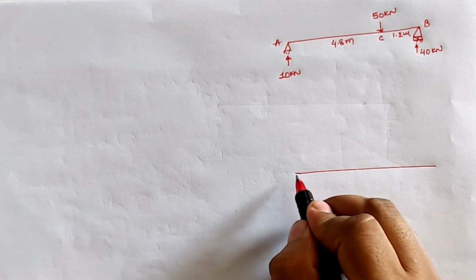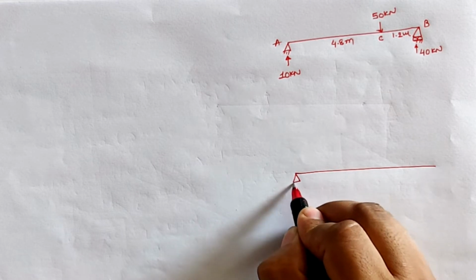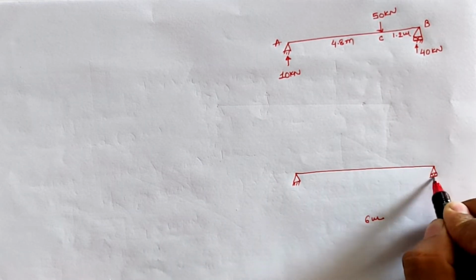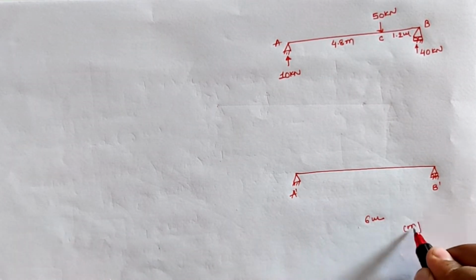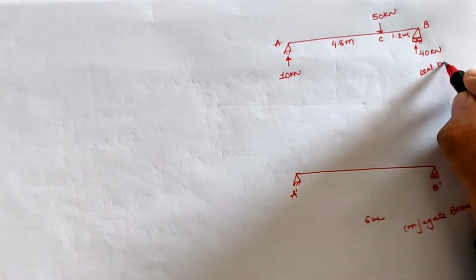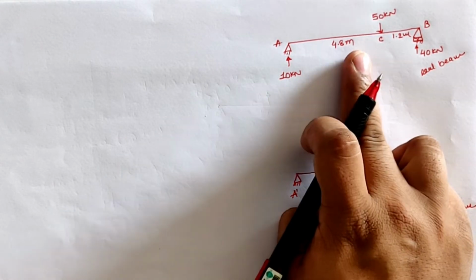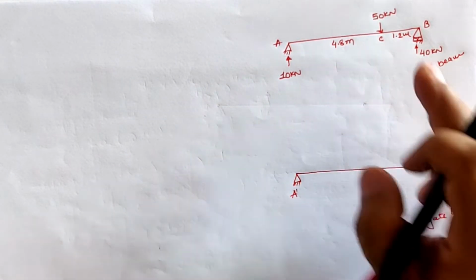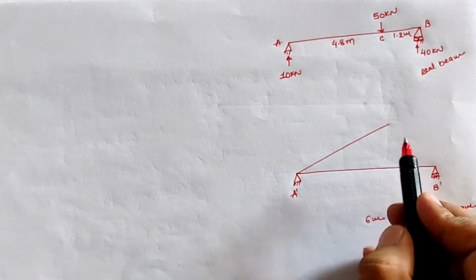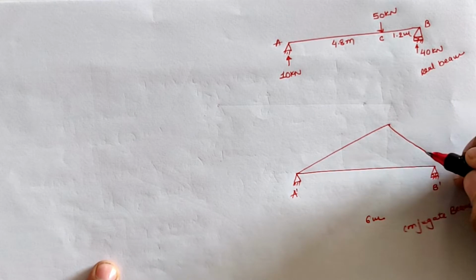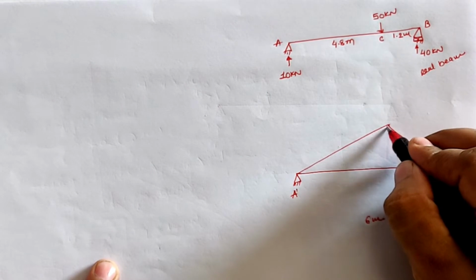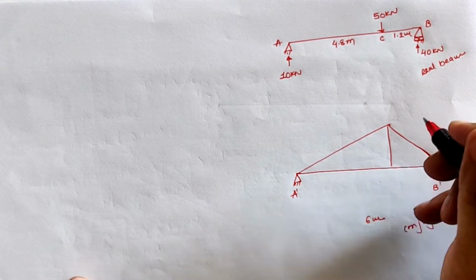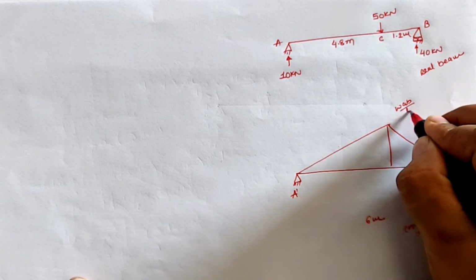Now the second change is in the support, but we have hinge and roller support which does not change, and the locations are marked as A dash and B dash in the conjugate beam. The next point is we have to draw the bending moment diagram of this beam, and we know that for the point load the diagram is triangular in nature,